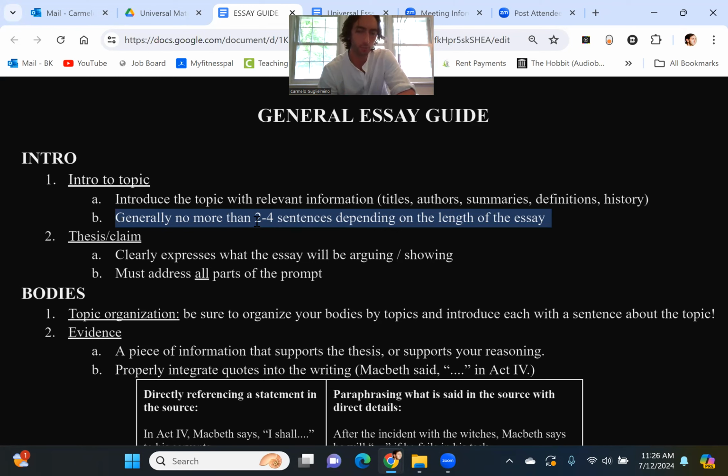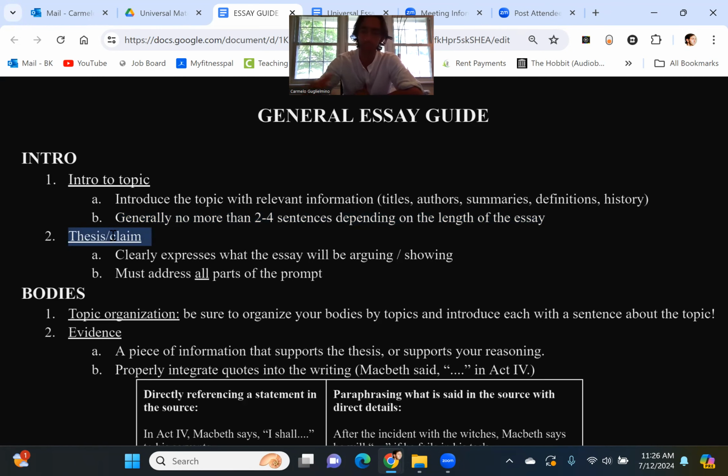If you break this rule, my concern is that you're going to be writing 5, 6, 7, 8, 9, 10, blah, blah, blah. Before you know it, your entire first page of your essay is just one giant fat summary of whatever it is you're trying to tell us about. That is not appropriate. Why? Because that's not what we're trying to understand. We're trying to understand what we're going to get to in this next part, which is your thesis.